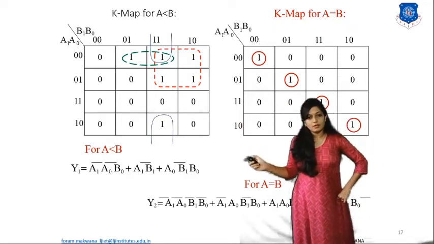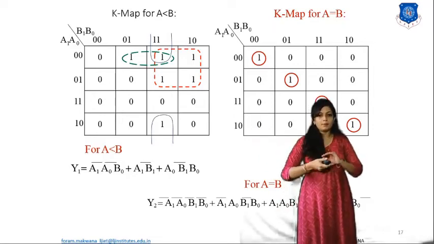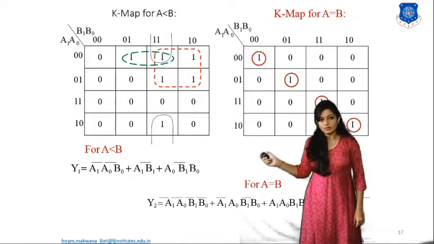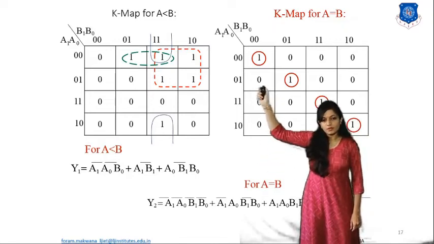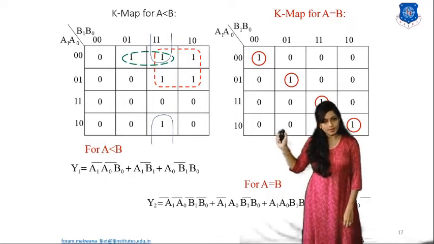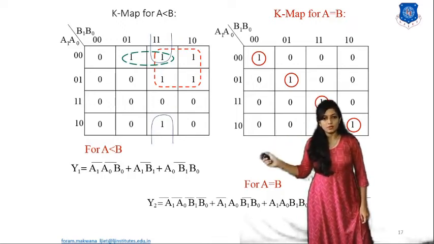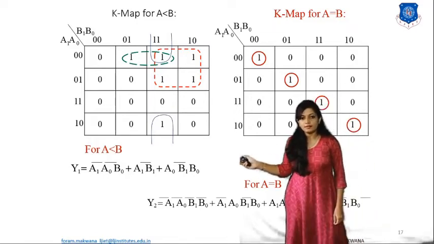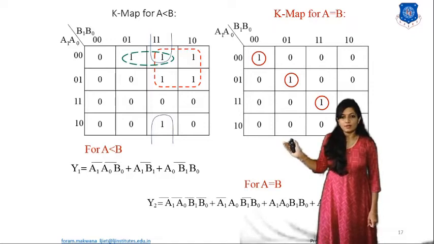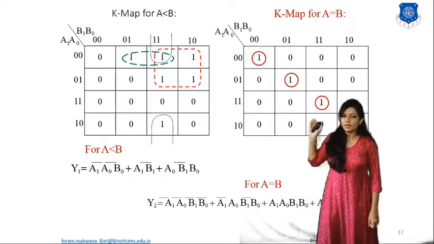Plus this is the gray one, formed by folding the K-map vertically. This one and this one. First see row-wise. What is common? Common is A0 bar, then B1, B0. So A0 bar, B1 and B0. Okay, you need to consider A0 bar, B1 and B0.